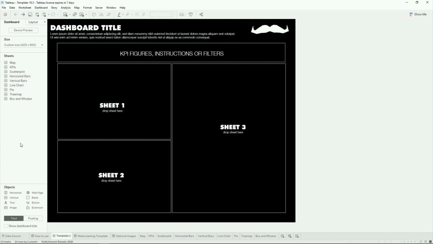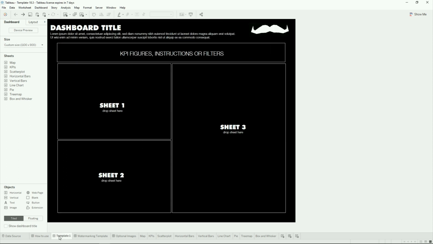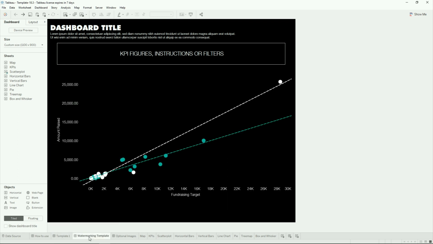There are a few other elements that I think you should include as part of your style guide. The first, and it sounds really simple, but a lot of people miss this, is instructions. You might not be there to tell someone how to use your style guide, and they might not have had the pleasure of coming to this session. So make sure you're including instructions so that people know how to use your style guide. Next, you'll want to include different templates for your dashboards. And these don't have to be dashboards of multiple visualizations, right? You could just have a single visualization template.